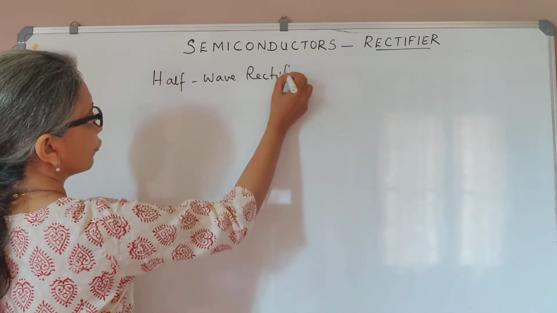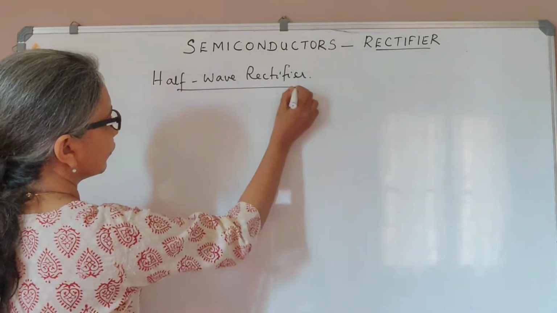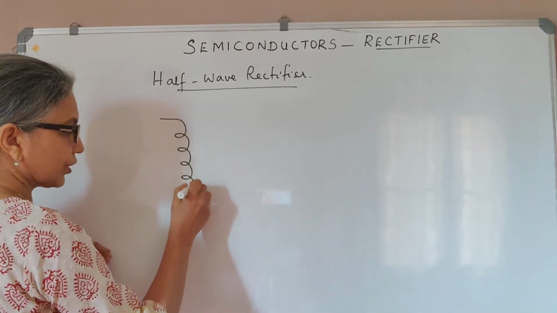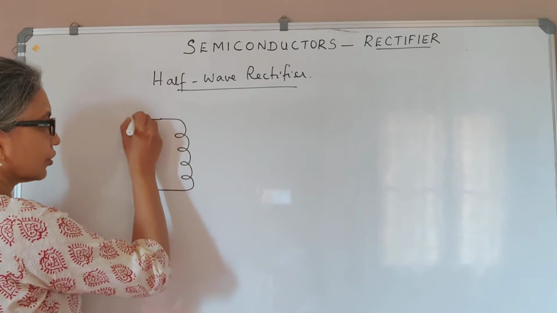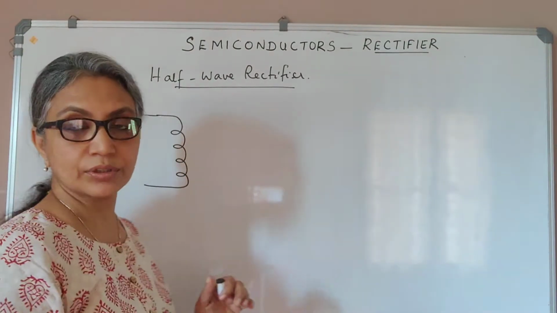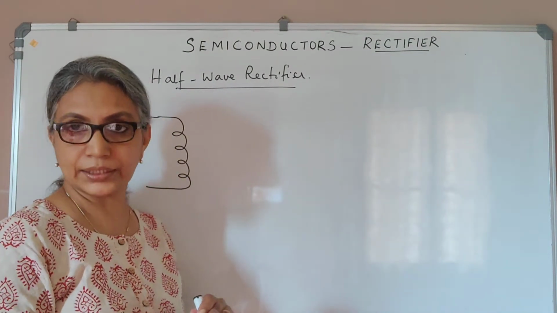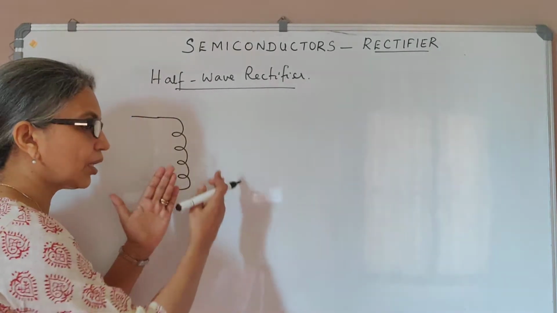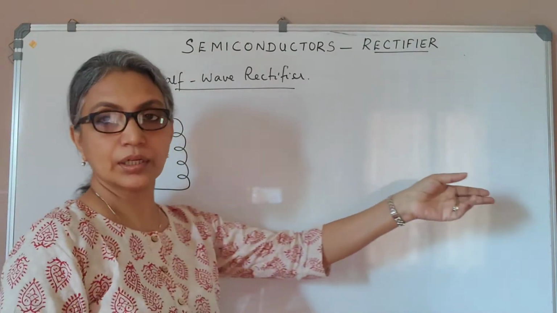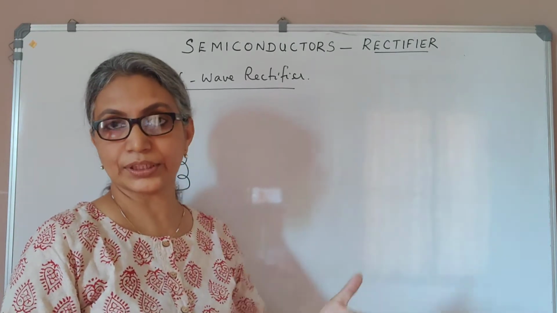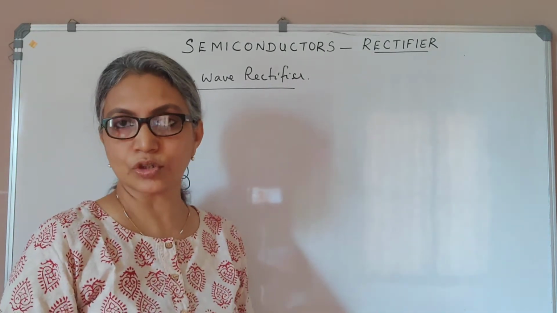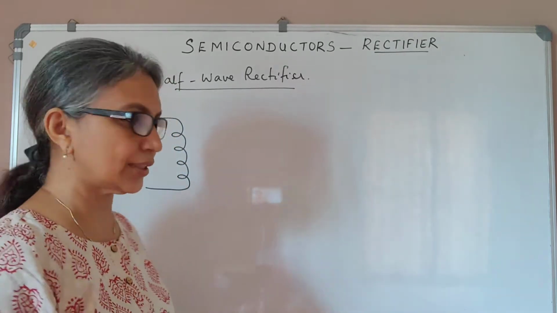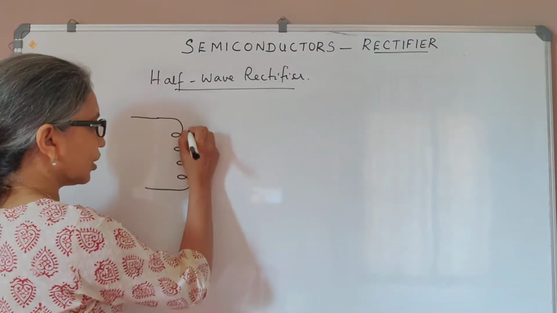In a half wave rectifier circuit, we first obviously have a transformer, like I showed you just now. Transformer we have already done in our chapter on AC. It has a primary coil and a secondary coil. This is a step down transformer because I told you our supply is 220 volt. What we need is something much lower than that. If it's a mobile phone, we just need a 5 volt DC supply. So we have a step down transformer.